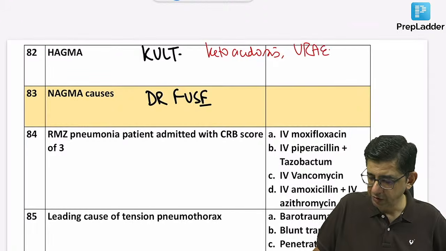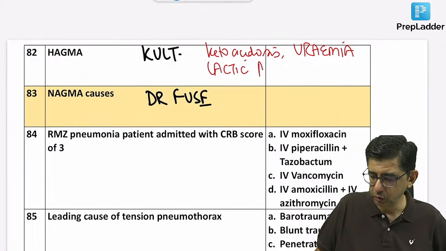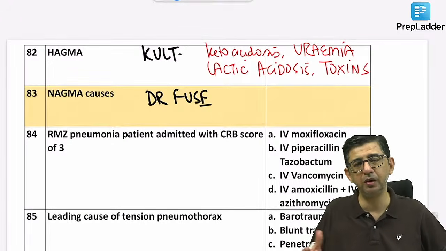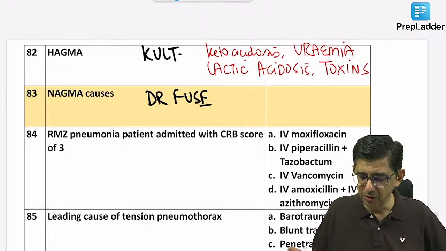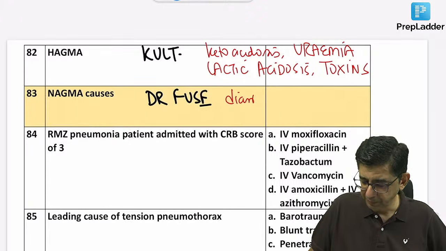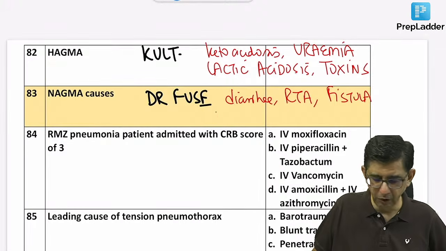L is for lactic acidosis, which could be due to drugs, which could be due to sepsis. And then T is for toxins. Toxins could be like ethylene glycol poisoning, methanol poisoning. Dr. Fuse, everybody knows, but we'll still practice it here. D would be for diarrhea. R is for renal tubular acidosis. F is for fistula, and then the U is for that longish terminology,